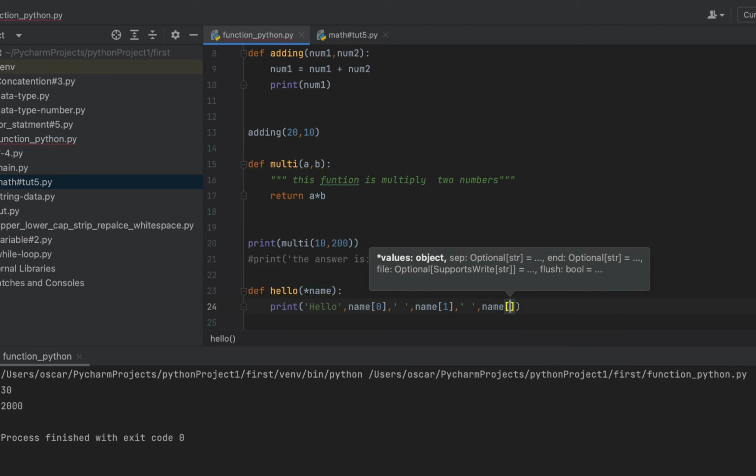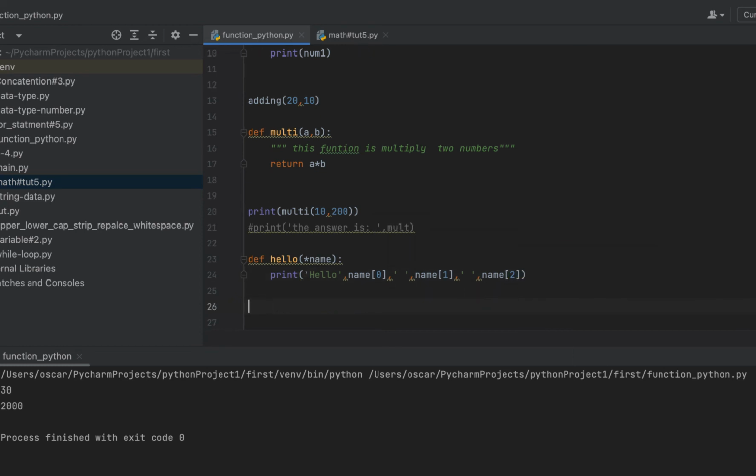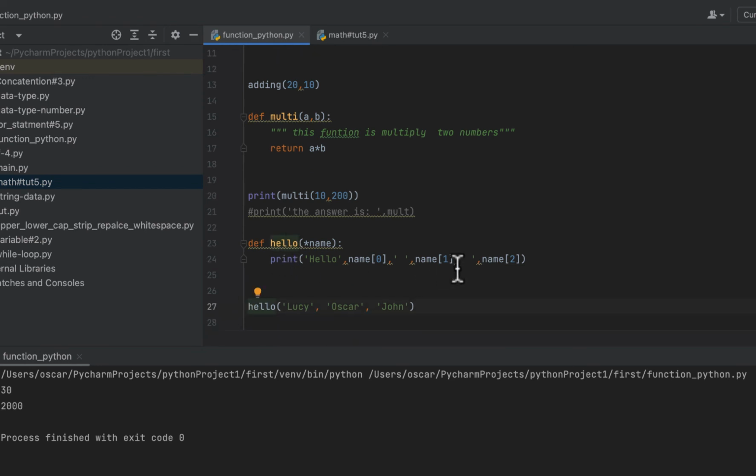So let's put it two, and I have the printout. Then I call this function, the hello function, with a different argument here. The first argument is Lucy, the second argument I give them Oscar, and the third argument let me give them John. And when we call this function, this is the function we called. Let me run it and see how it goes. See, hello Lucy, hello Oscar, hello John. So I can put as many